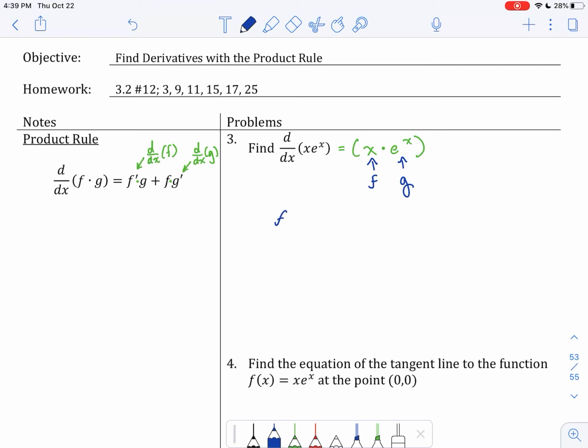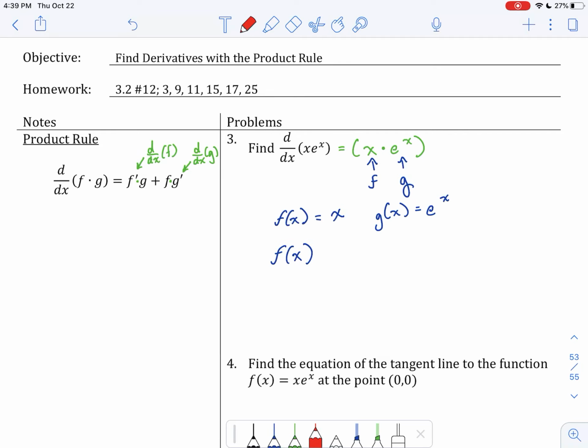So I usually will start by saying, okay, well, f of x is equal to something, and g of x is equal to something. As we've seen here by breaking up our product into these two parts, f of x is equal to x, g of x is equal to e to the x. Now, so that's half of our formula. Those are our f and g. Now we need to find f prime and g prime. So we want to take the derivative. So f prime here,